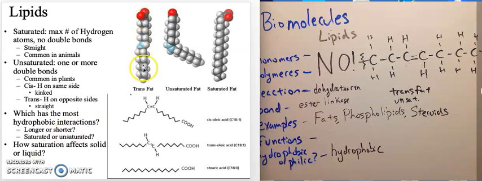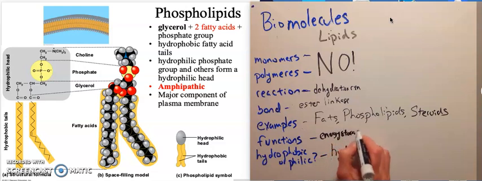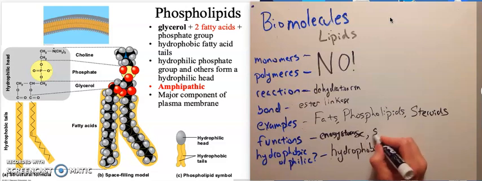However, if you have a package of food that says it has 0 grams of trans fats, but the ingredients label says that it contains partially hydrogenated vegetable oil or soybean oil, it has trans fats in it. They're just allowed to round it down if it's less than 0.5 grams. So if it says hydrogenated vegetable oil, it has trans fats. The function of fats is for long-term energy storage, and also insulation, padding of body organs,